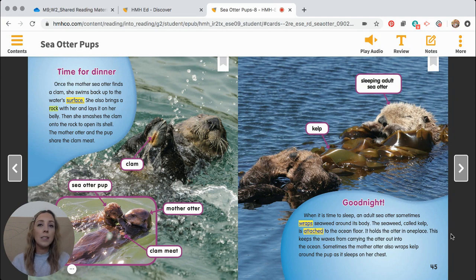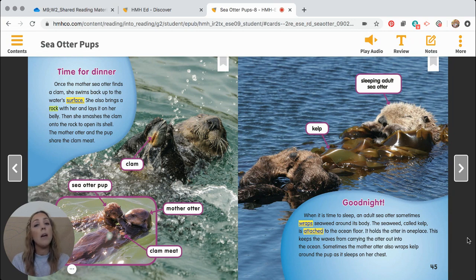I just read another example of how a sea otter uses other things in its habitat to survive. So I want you to think about what resource in a sea otter's habitat they use while they are sleeping. I want you to tell the person sitting next to you, what do the sea otters use to help them as they are sleeping? Excellent. So I could have heard you say something like, the sea otter uses seaweed or kelp as they are